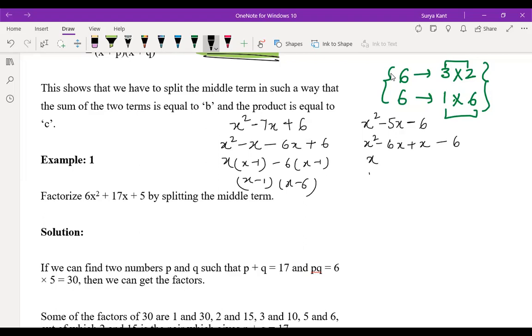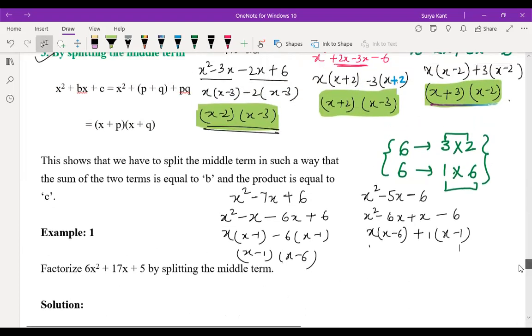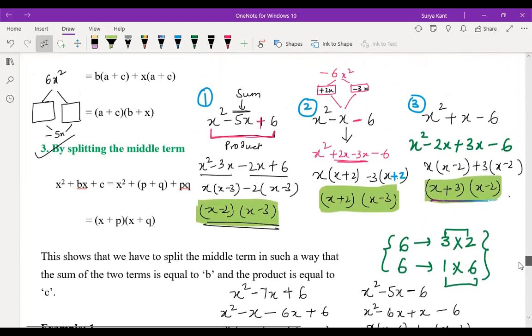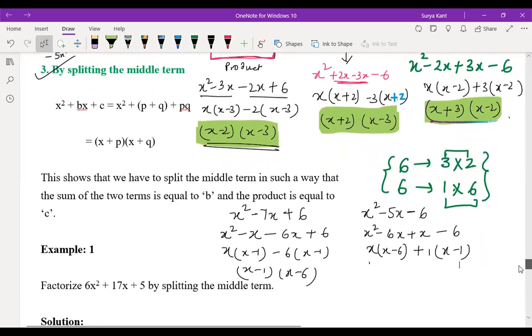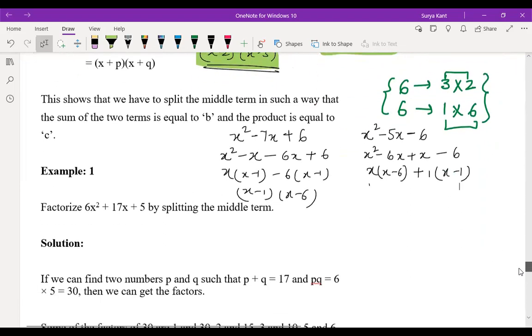No, sir, it can be as minus 3, minus 2, minus 3 into minus 2. How? Minus 3, minus 2 will get plus 6. That's why I changed it here. See, sir, the same question I had given before. See, in the same way, how a different way can be possible, that I'm just explaining here. Understood? Yes, sir.